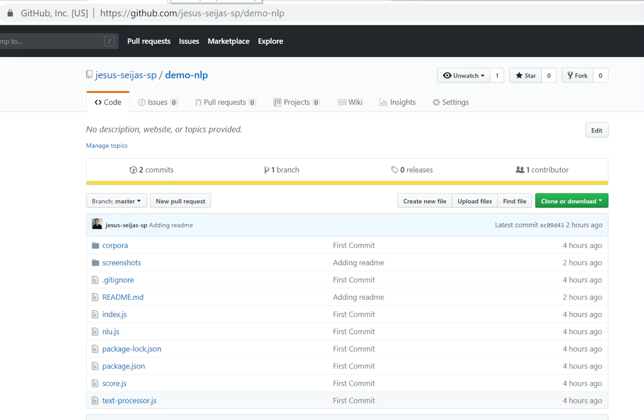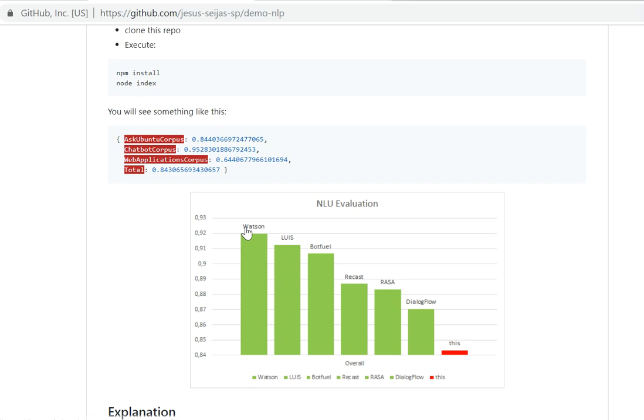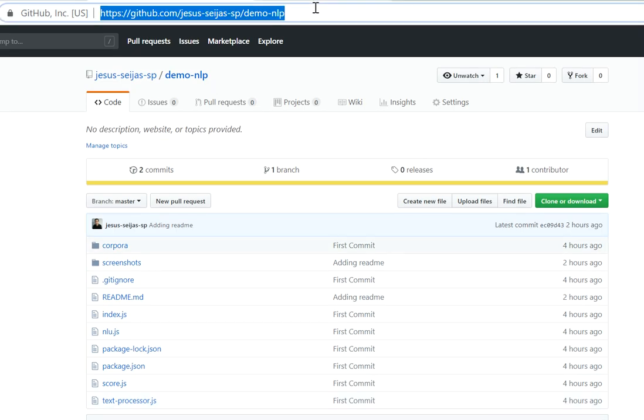Okay. So basically, it evaluates Watson, Lewis, Botfuel, Recast.ai, Rasa, and Dialogflow, and gives an overall score based on the score in these three corpus. Okay, so it seems that the best one is Watson with near 0.92 of score. So if you clone this repo, okay, that is here,